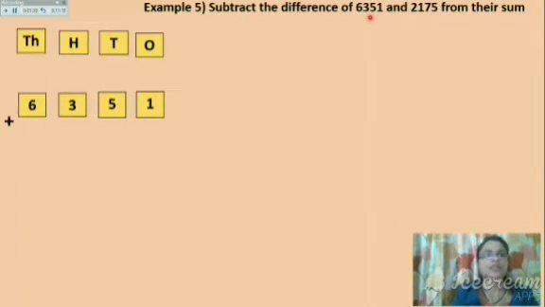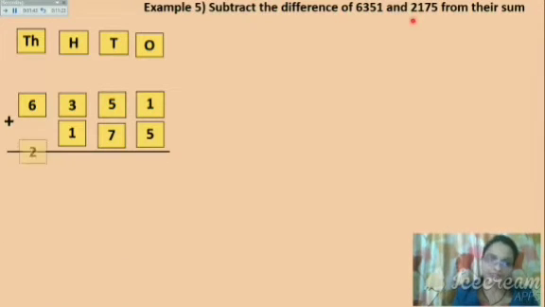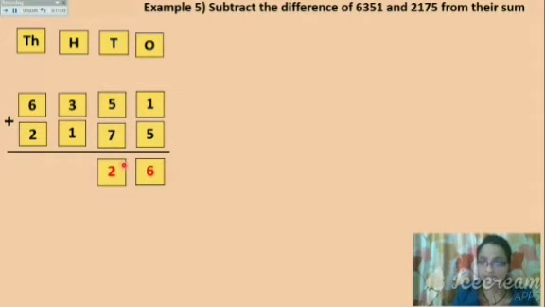Sum means what we have to do? Plus. Then the second number, 2175. Now do the addition of this first. 5 plus 1, 6. Now let us move to the tens place. 5 plus 7. How much answer are you getting? 12. From the 12 we are writing 2 downside as the answer in the tens place and 1 will carry forward to the 100 place upside. Now add the numbers present in the 100 place. 1 plus 3 plus 1. How much answer are you getting? 5. And then let's move to the 1000 place. 6 plus 2, how much? 8.